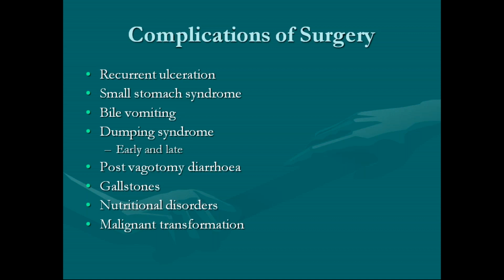One is recurrent ulceration. This recurrent ulceration is one of the easiest complications to treat, mainly with the help of our PPIs or H2 antagonists. It can also have complications like other ulcers. So it can also perforate, it can also bleed, or it can also stenose. But one major concern is there is a chance of formation of fistula to the transverse colon.